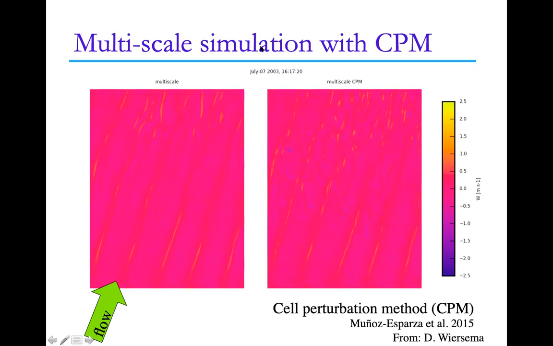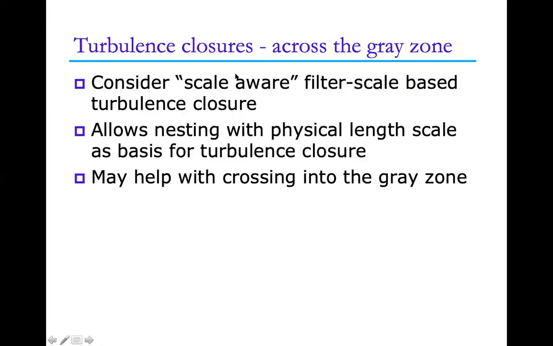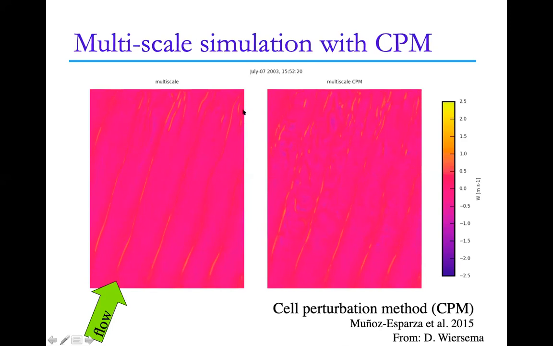Marco says, hello, Tina, thanks for the great presentation. Could you spend 2 more sentences on the main ideas of the cell perturbation model? Sure. So the cell perturbation method puts perturbations along the inflow boundaries. The method that's presented in this paper and in others uses 8 delta x cells and three rows of those. So over the first 24 grid cells at the inflow boundaries, you have 3 sort of checkerboard cells of 8 delta x wide, and you apply perturbations to the potential temperature over a certain height over the boundary layer. And that just helps to trigger turbulence.